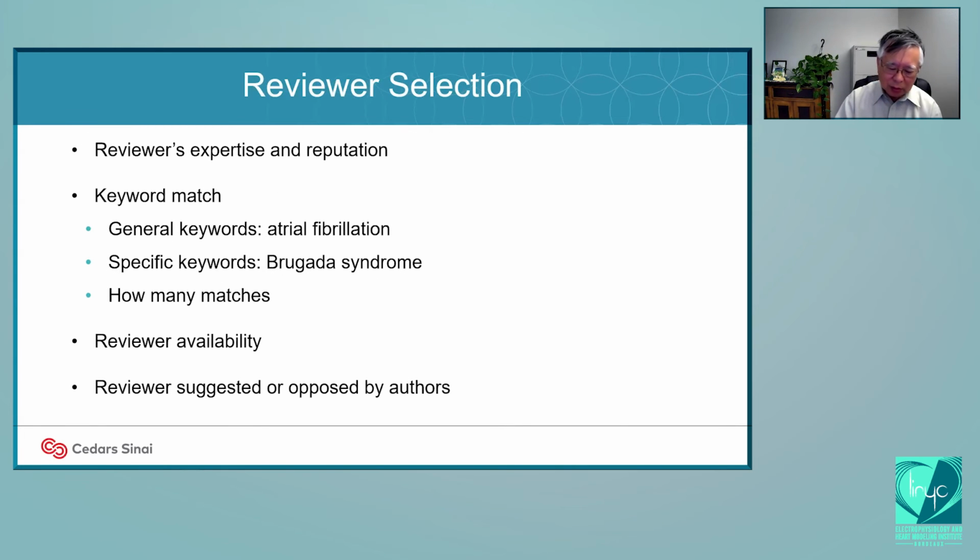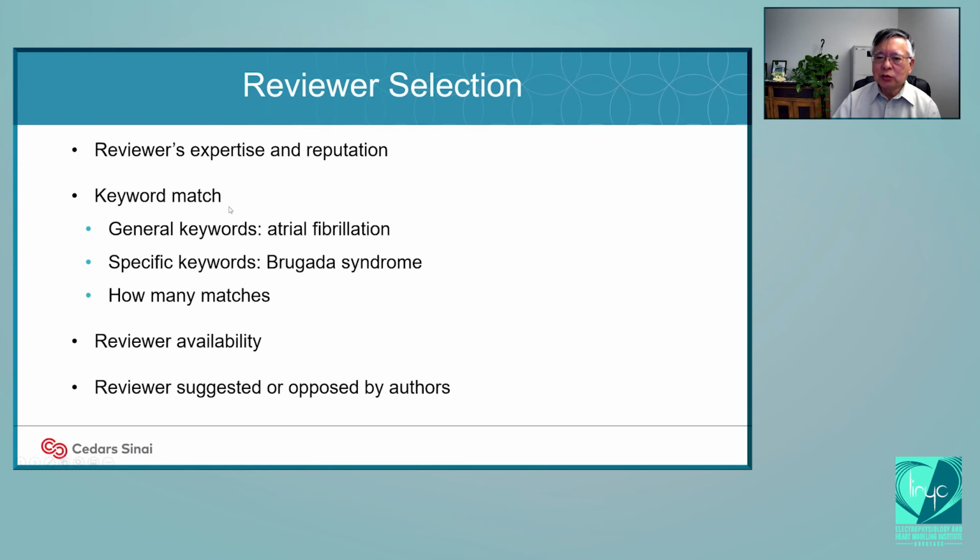So I want to tell you a little bit about what happens to your paper once submitted. The most important thing, obviously, is the reviewer selection. It's a mystery how the editor selects the reviewers, so I can tell you that mystery. Reviewers' expertise and reputation obviously weigh heavily on the editor's mind. They want you to be reviewed by somebody who is an expert, but it's not always possible. So among the reviewer pool,